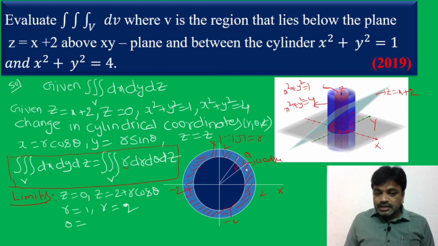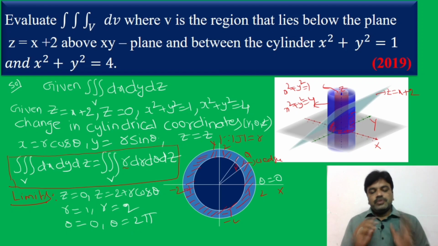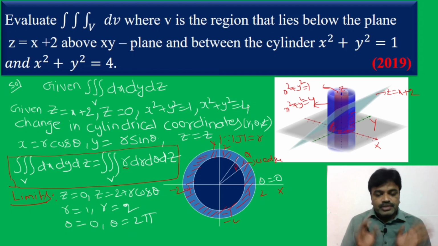Now you turn this wedge from theta is equal to 0 up to a complete circle. So what is a complete circle? 2 pi. Okay, the angle is 2 pi. So theta is equal to 0 to theta is equal to 2 pi. In this way we are finding the limits, friends. Once again, nobody explains it in this way.